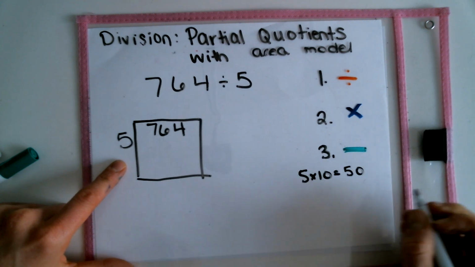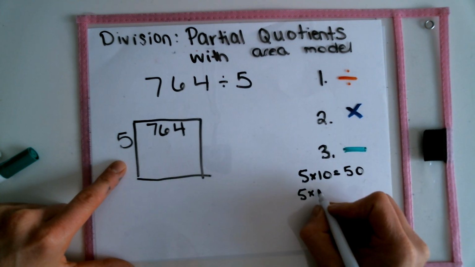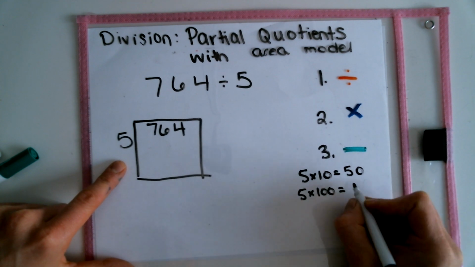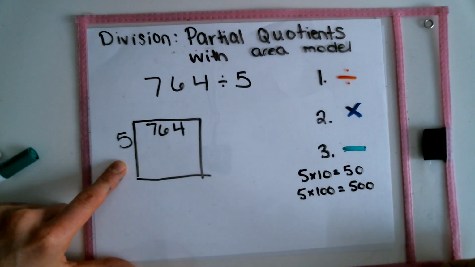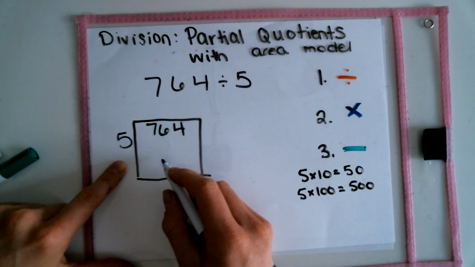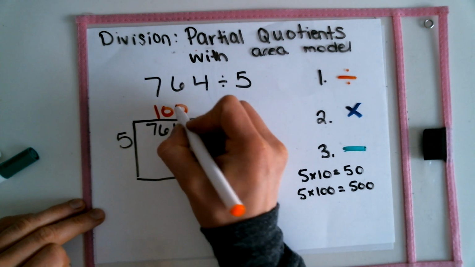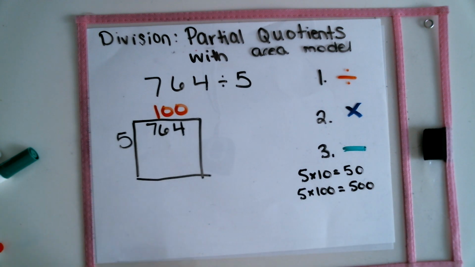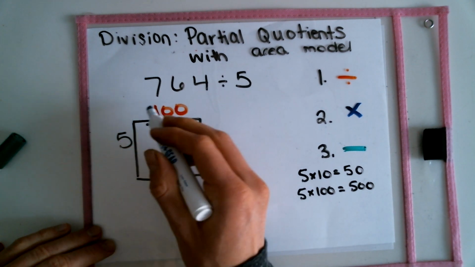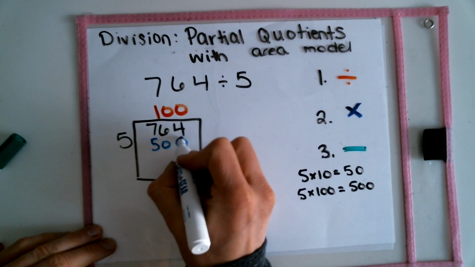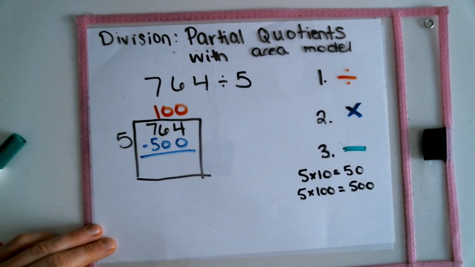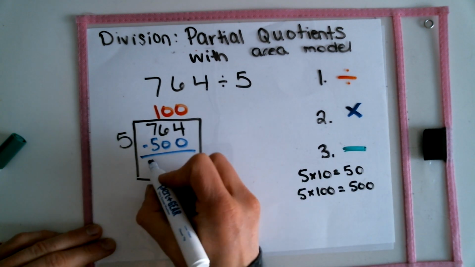That's really small. 5 times 100, 500. Hey, that's pretty close, right? So let's pull out 100 groups. So I'm going to be taking out 100 groups. When I take out 100 groups, 5 times 100 is 500. 764 minus 500 is